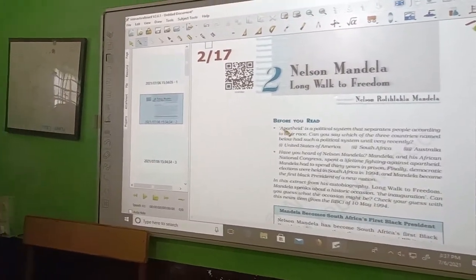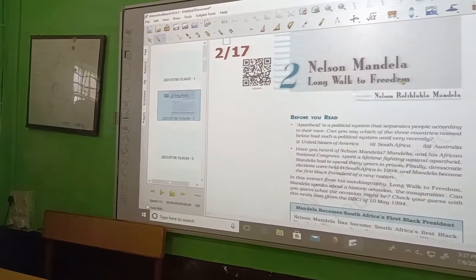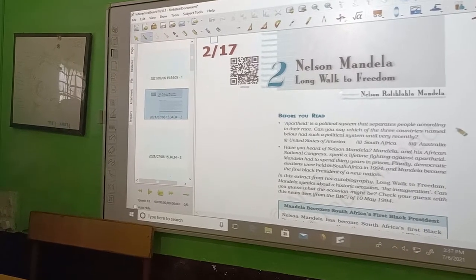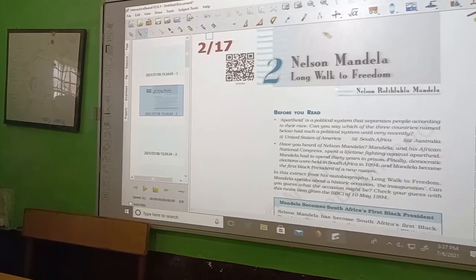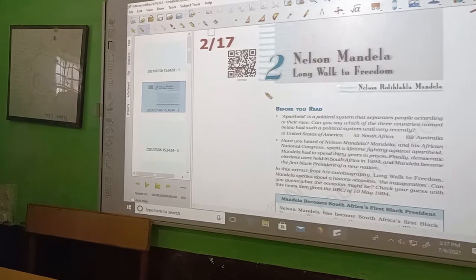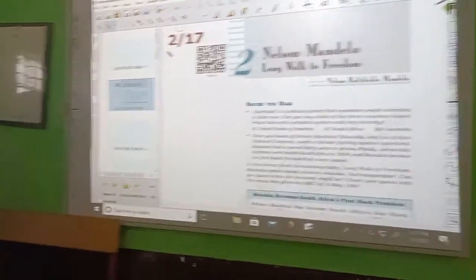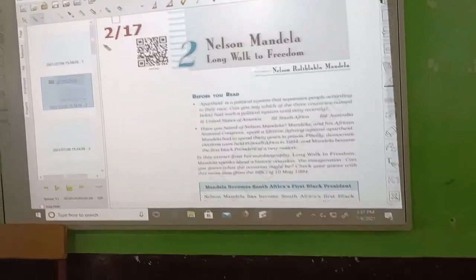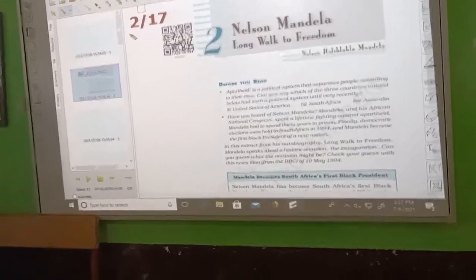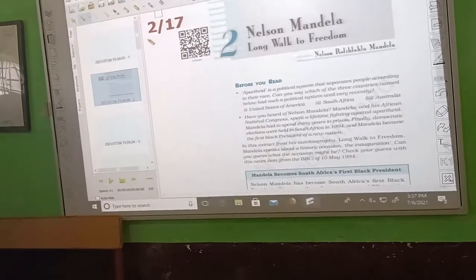Now you can see on the screen that I have opened a PDF book. This book has been downloaded from the NCERT PDF textbooks, and now it is there on the screen. It's visible to you. When I want to teach the students, now I can do so many things using this particular pen. Now just have a look at this.